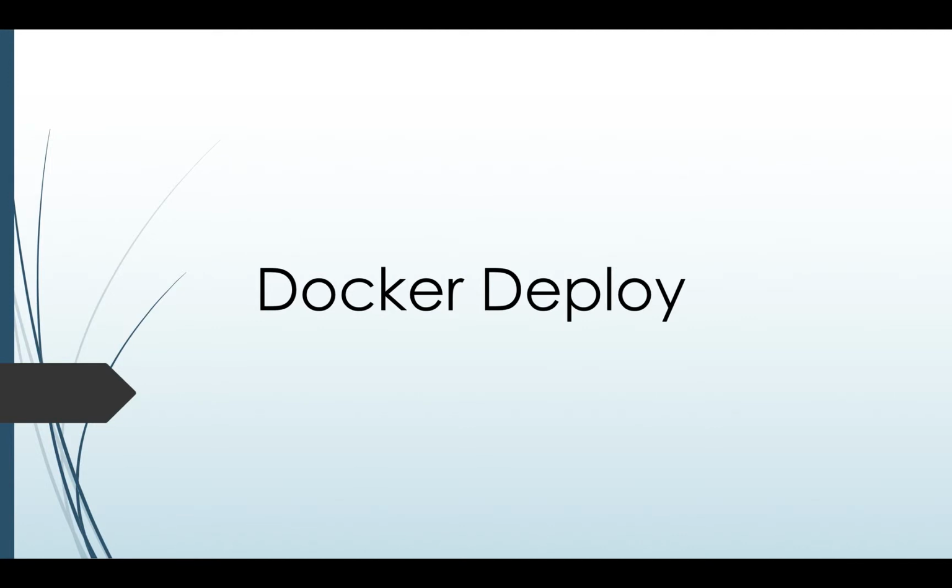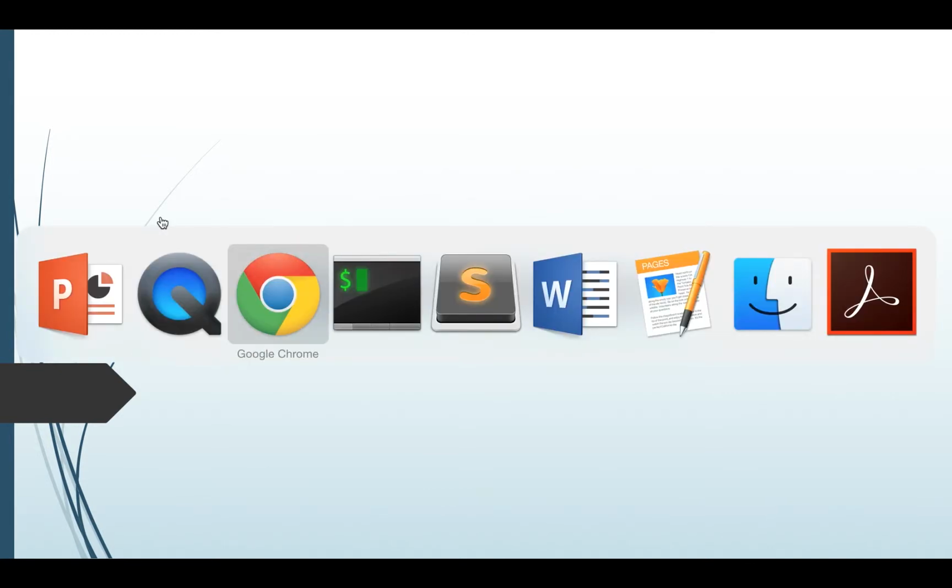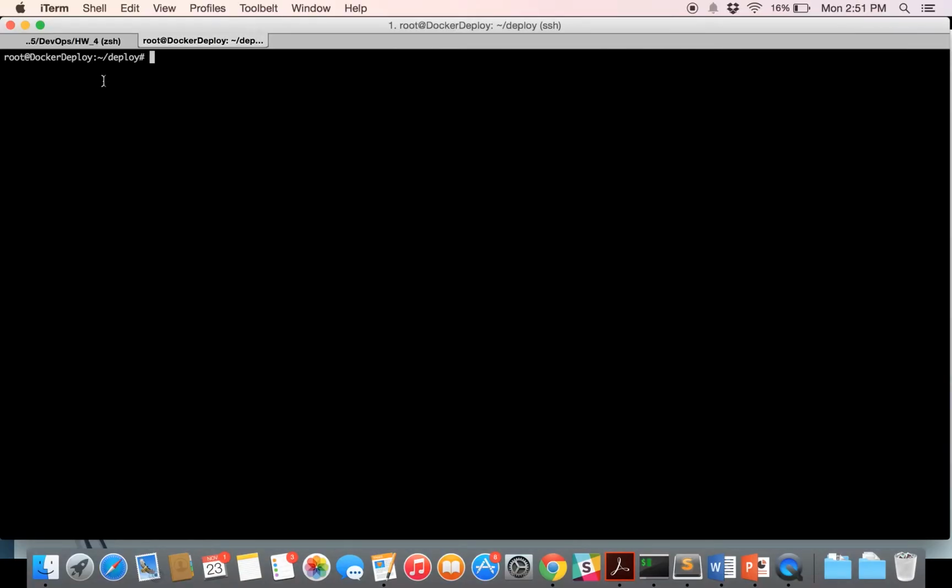So this is the screencast for the third part, that is the Docker deploy part of homework 4. For that, I've created a droplet, and on that droplet, I've installed Docker and also Git. So this is the directory structure that I've created on the droplet. Initially, there's this directory deploy, and in that there are these 4 directories. Now app is the directory which is basically the cloned repo, and the link of this repo has been given